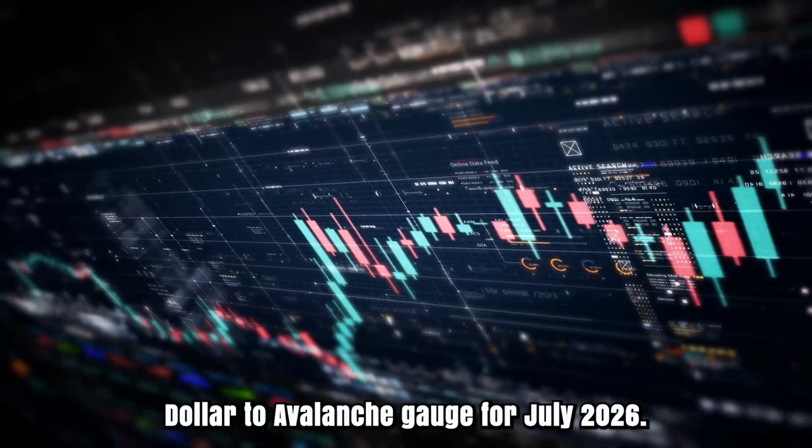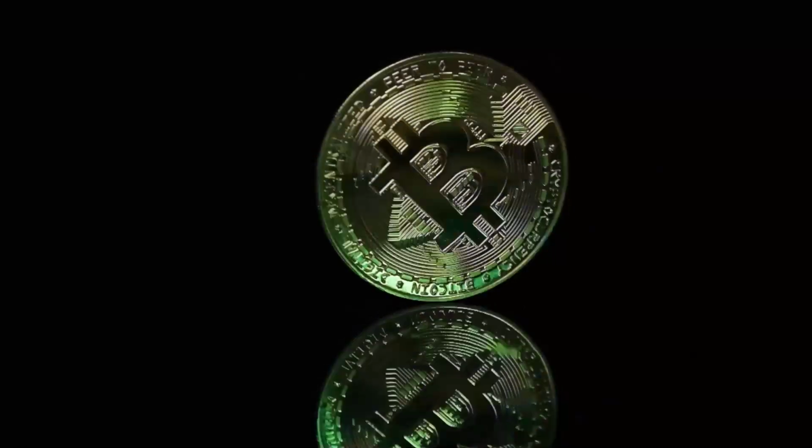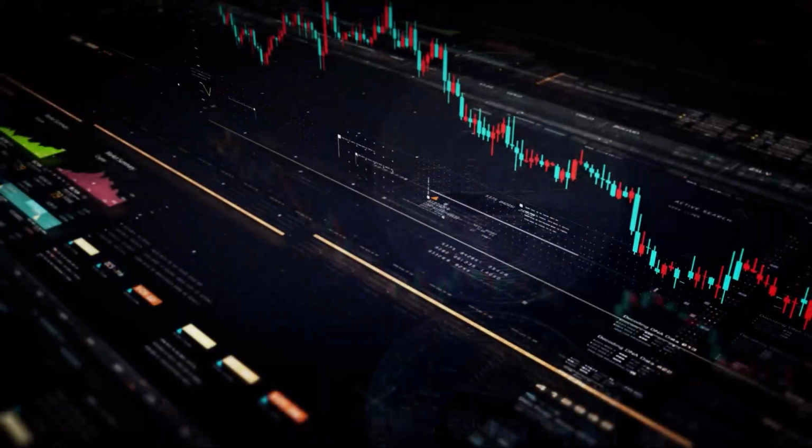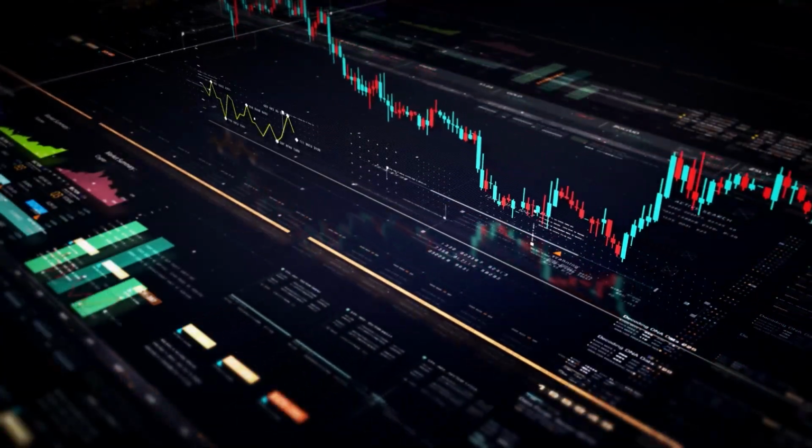Dollar to Avax forecast for July 2026. At the outset, the price at 0.050 coins. The highest price is 0.05, while the low is 0.041. The midpoint of price is